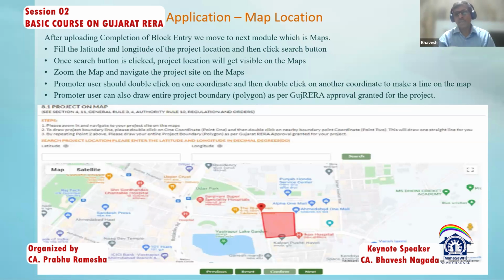You can join the coordinates and you can earmark that area of that project under the registration. It can happen. Let's say this red mark is given in the project. It can be part of the total approved land also. So you have to earmark your project. You don't have to earmark your approved land. That's what I would like to say. Once you have earmarked that land, the boundary will be reflected out and it will be marked as a red boundary